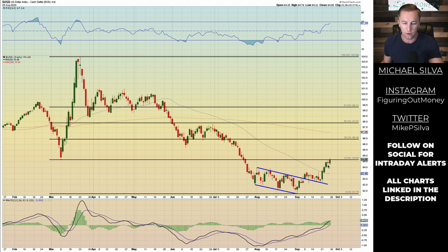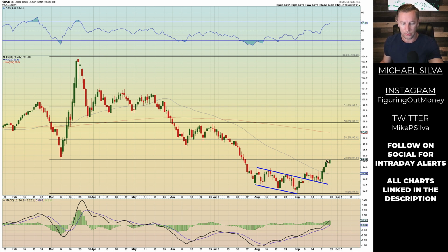The day before, we got hesitation in this 23.6 fib level, and that was clearly an area of resistance. And we didn't really close above it. We technically did by 0.04, I guess. I'm not convinced of that being a full close above it. And if we do continue to move up, this level's not too far ahead, 38.2. If we start seeing it move higher, I do think for sure we will see pressure to the downside on the equities market, and also gold, and also silver.